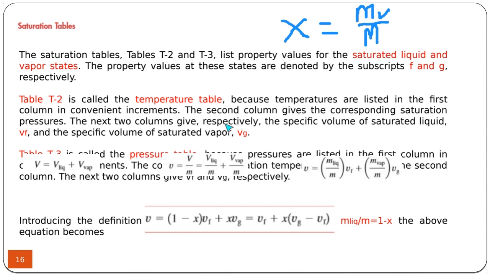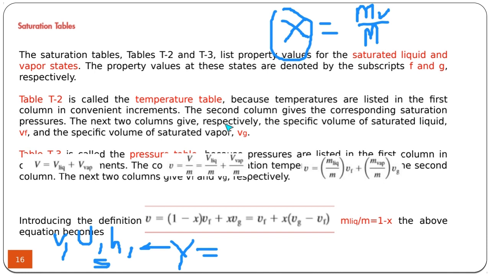So if you have the quality of the vapor, then for any property, let's say this any property is y, y can be v or u or H or S. So it's a generic property. It's calculated from Y of the fluid plus